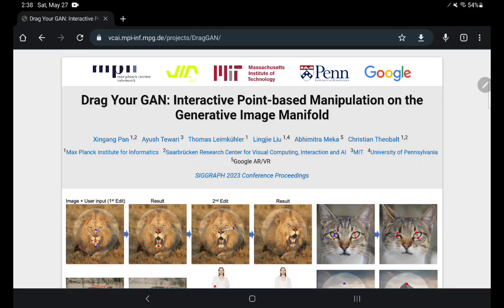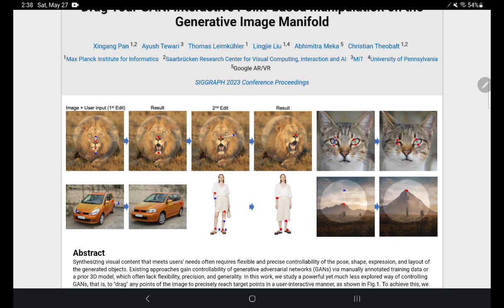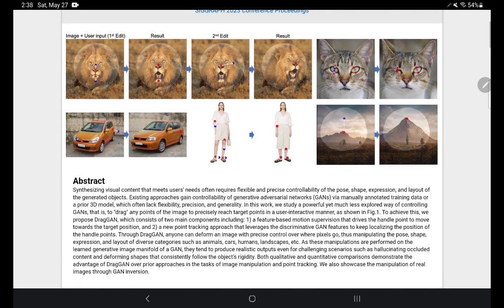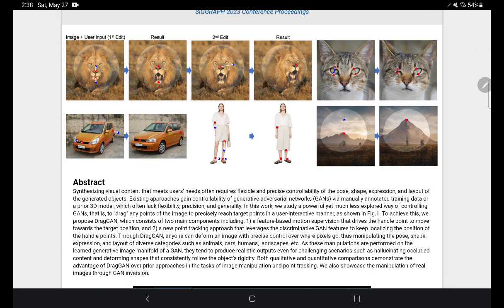Okay, let's talk about DragGAN, which is a pretty cool picture editing software, I guess, that was recently created, an algorithm to manipulate an image using a GAN. As you can see in the images up here, you have the line where you can put a few points and it'll open its mouth in the image, or a cat where you can close its eyes. It's just changing an image in general